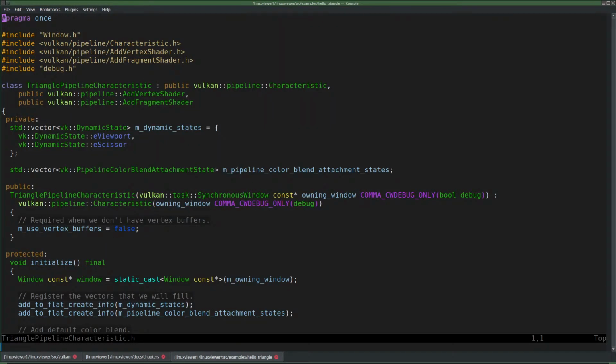More header files. Well, it's kind of the same thing, right? I just don't like to have to include pipeline stuff. On the other hand, these are really, really pipeline-ish things. Namely the base classes that I need for my pipeline characteristic.